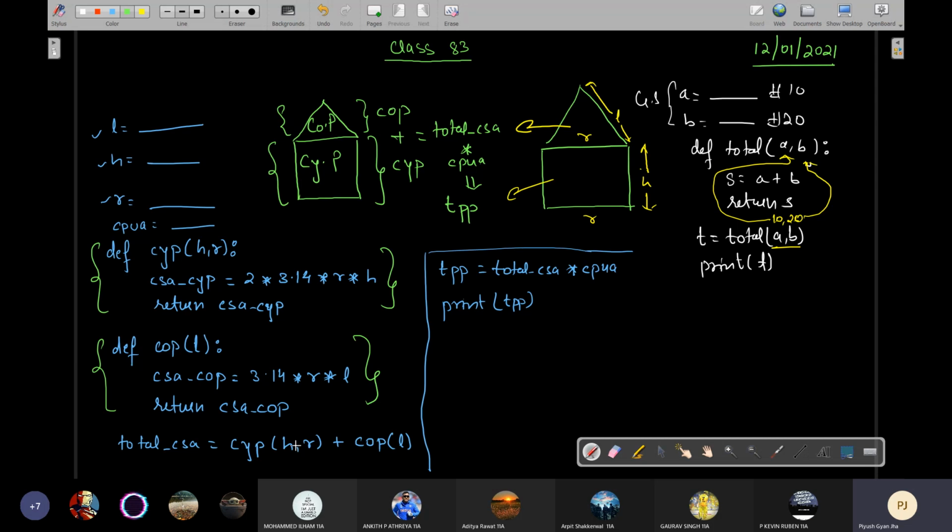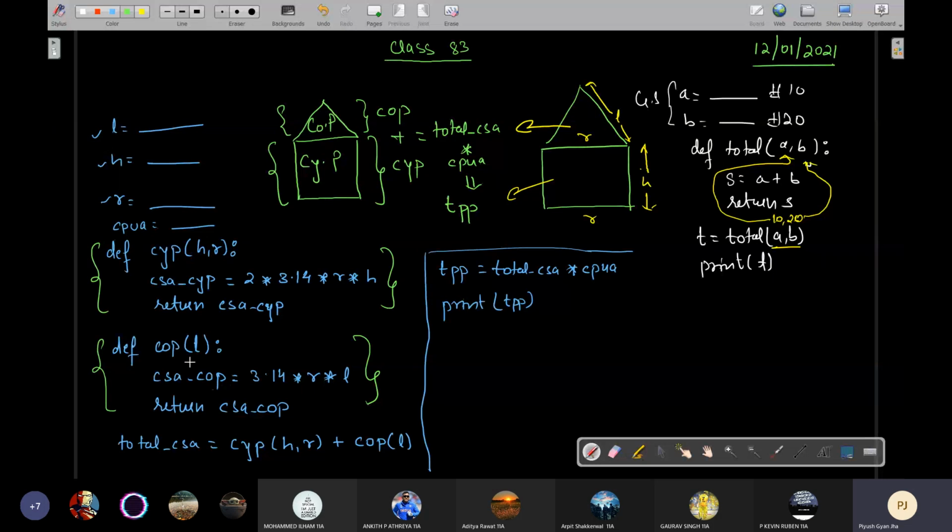Okay. So here don't get confused. This H and R, though they appear to be having the same name, and here also H and R appearing to have the same name, and same for this L and this L, but they are in different scopes, so they are not related to each other. Here, one thing to note is that here you are finding curved surface area, L you have passed as an argument, and this local variable L has caught this in the parameter L. Okay. Here you are finding curved surface area of the conical part.